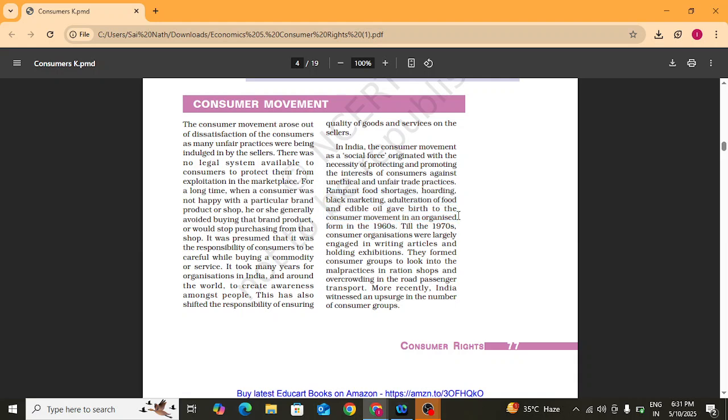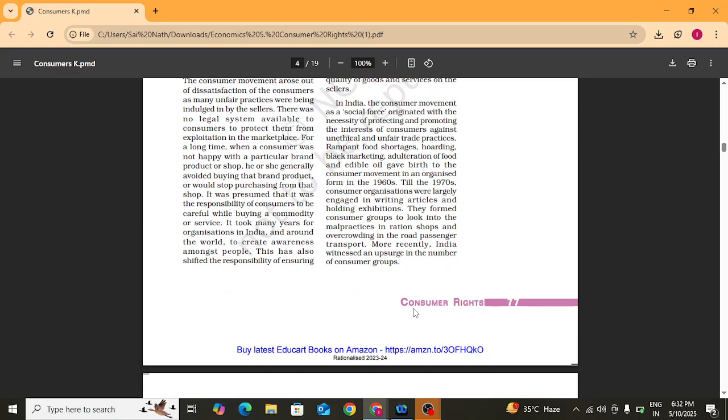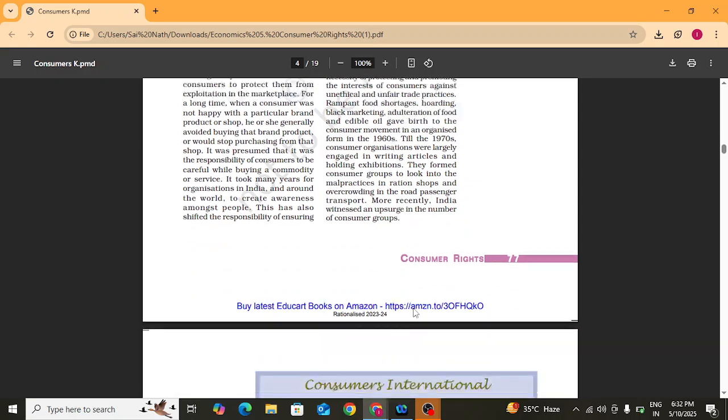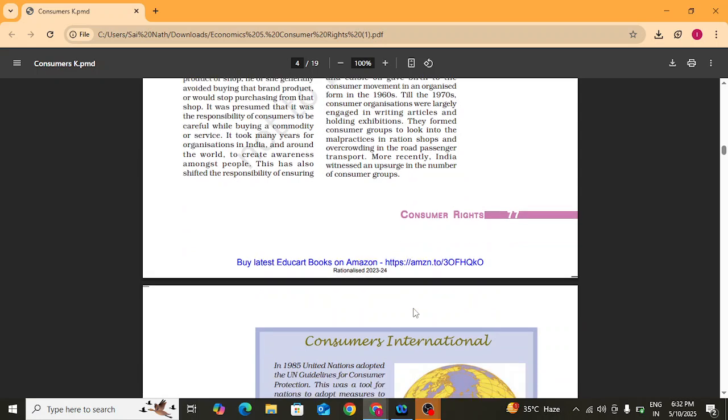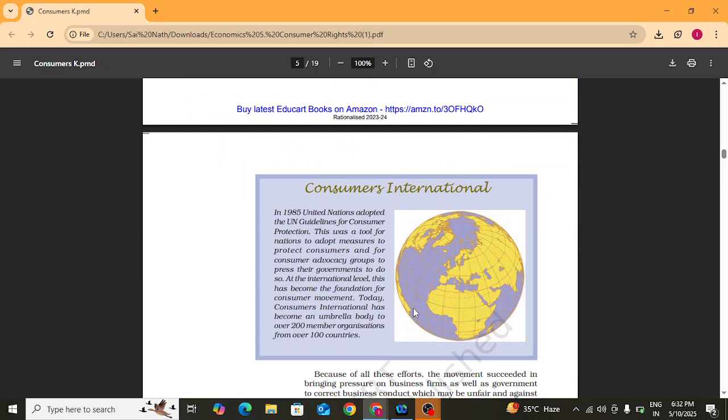Till the 70s, consumer organizations were largely engaged in writing articles and holding exhibitions. They formed consumer groups, looked into the malpractice in ration shops and overcrowding in road passenger transport. More recently, India witnessed an upsurge in the number of consumer groups. So this movement began in the 1960s with rampant food shortages, hoarding, black marketing, and adulteration of food that sparked this debate. And till the 1970s, the consumer movement was at large, and recently it has grown because of something called